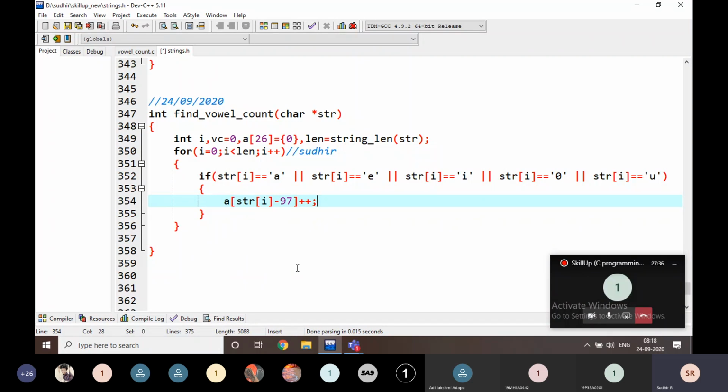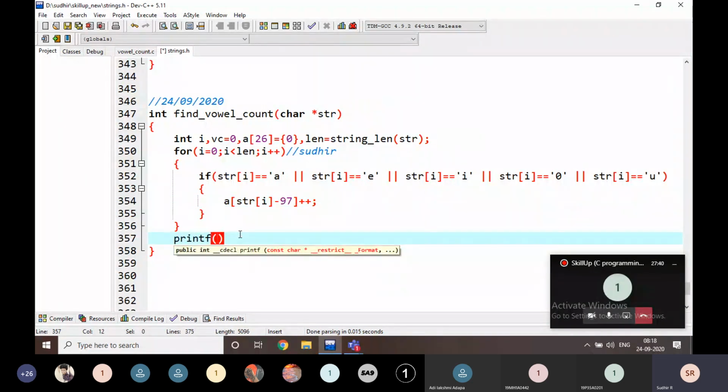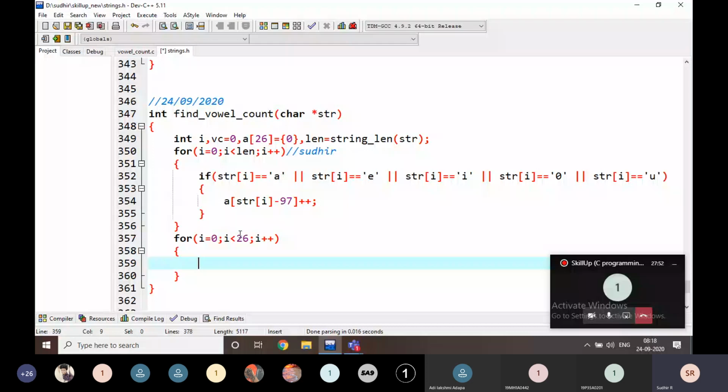If it is a vowel, I'm going to do like this, and now I'm going to write printf to display what is in the array. For example, for i is equal to 0, i less than 26, i plus plus. I will show you how it works. printf percentage d, with some space, a of i.